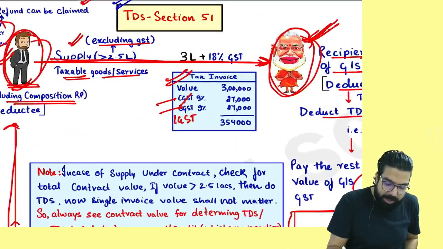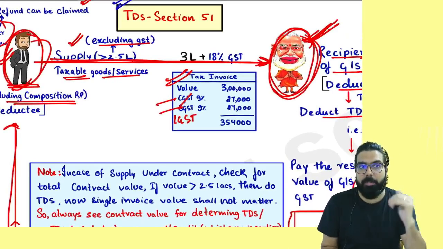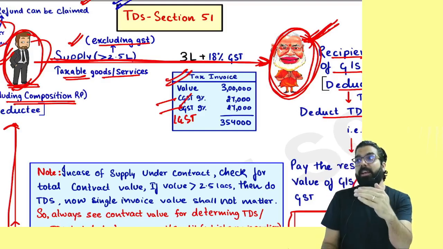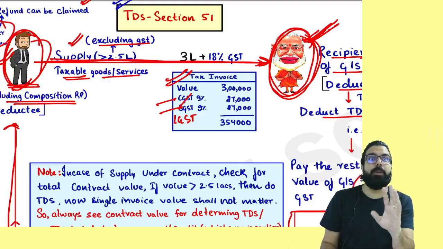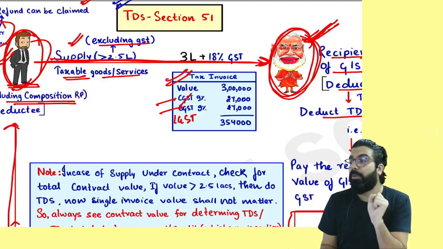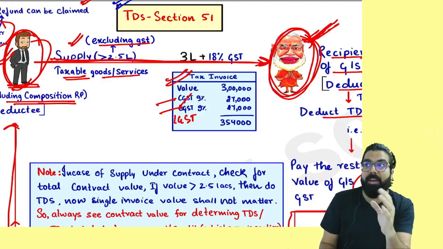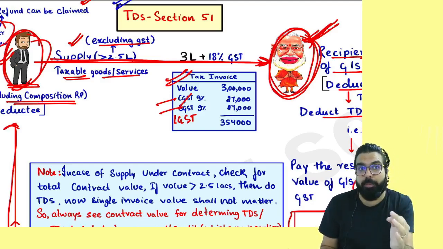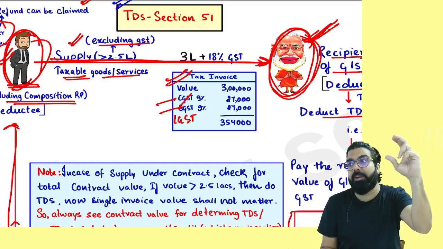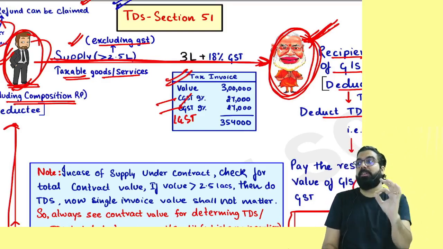Now, if you are going ahead and supplying to the government department, remember, supposing the contract has been done with the government department and the contract's value excluding the GST is more than 2.5 lakh rupees. For an example, you had a contract with the government that I will supply stationery worth rupees 5 lakh per annum. 5 lakh per annum. Then remember one thing, now every month if you are supplying the stationery and the bill is even less than 2.5 lakh rupees, still they will go ahead and deduct TDS. The main amount, the contract value matters. If the contract value is more than 2.5 lakh rupees, TDS will be done on every single invoice value.